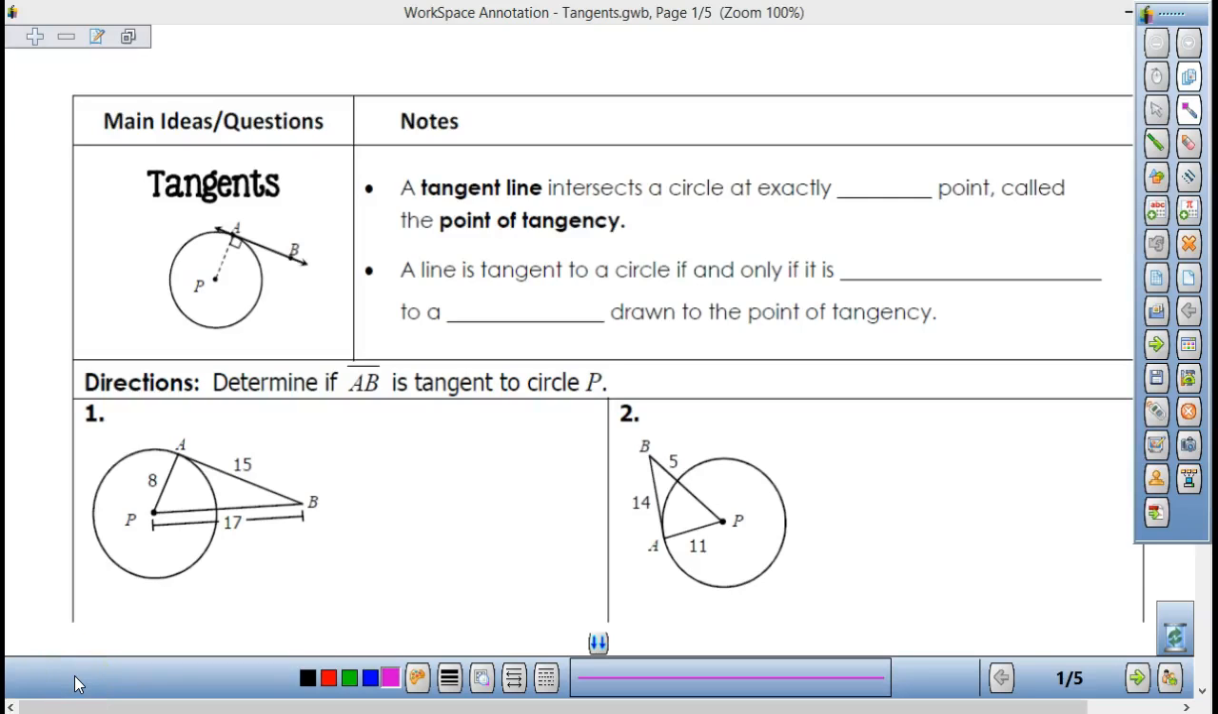All right, so a tangent line intersects a circle at exactly 1 point, and that is called the point of tangency. Okay, so what line is tangent to my circle right here? AB, and what would my point of tangency be? A. Okay, a line is tangent to the circle if and only if it is perpendicular